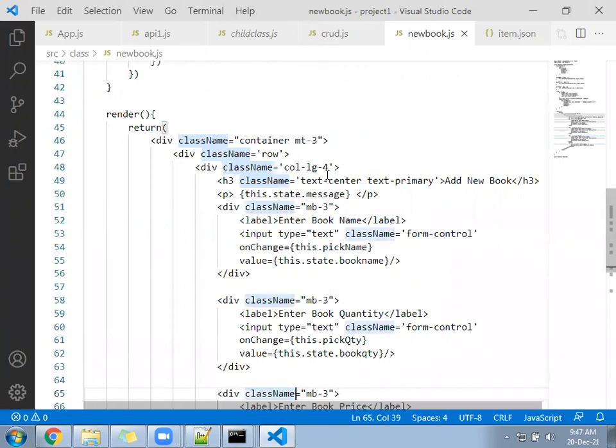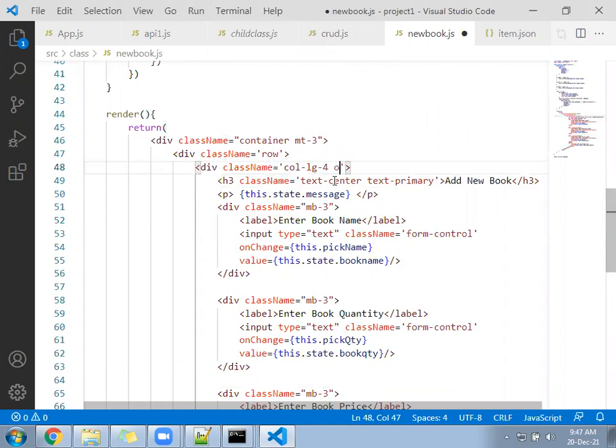New book file college 4 I have written. Offset 4 we can write, so it will come in the middle.